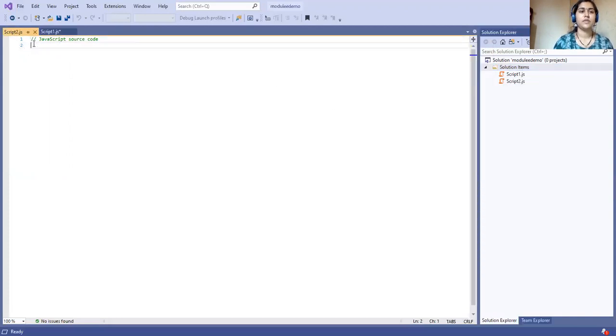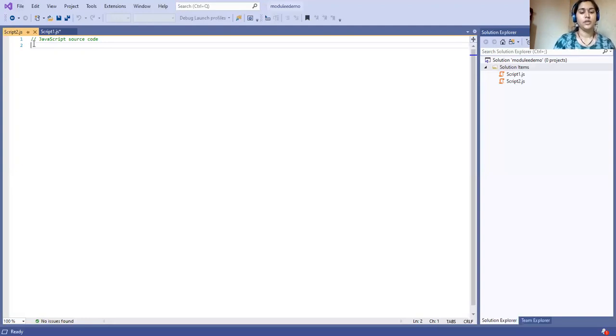In this JavaScript, I can export a variable, a function, an object, a string, an array, whatever I have to pass from this file to another module. Actually in Node, every file is treated as a module. So this is the module script2.js, and from this module I'm going to pass some parameters to script1.js, which is another module. So how to do so?